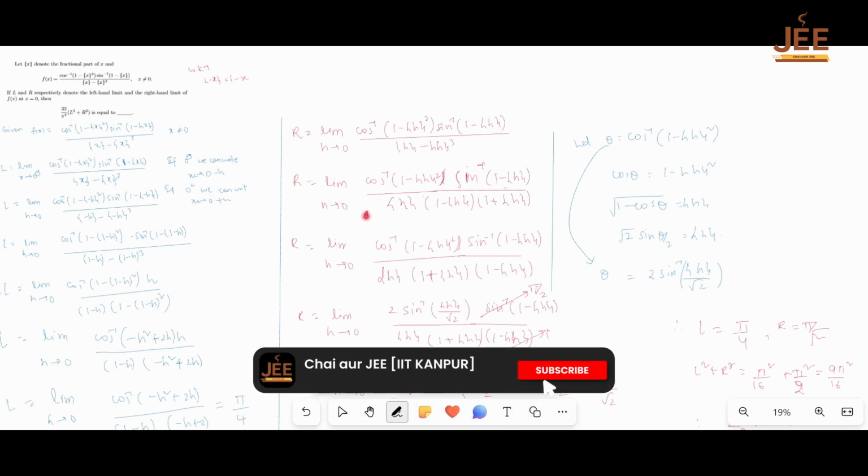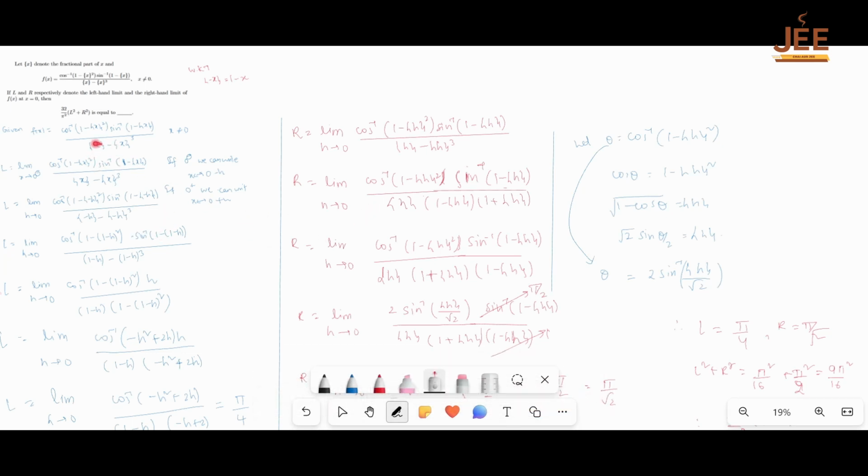We are going to solve a question from PYQs, which came in the 1st February 2024 morning shift. The topic is limits. The question goes like this: given a function f of x as cos inverse of